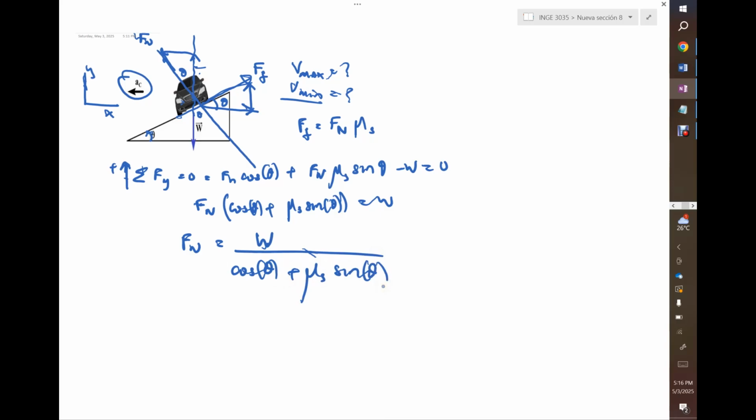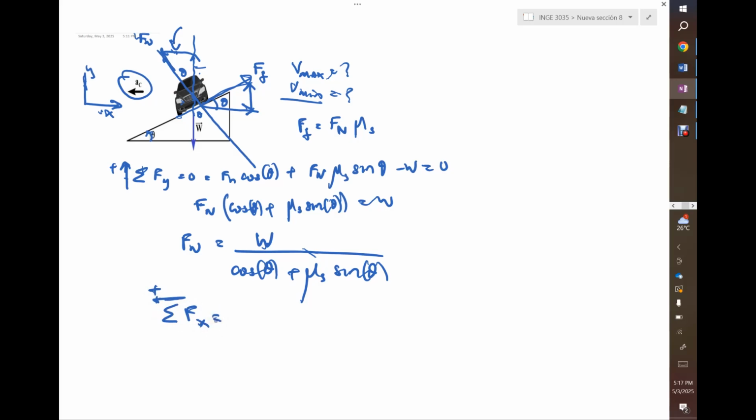So we got that. Now what's happening on the x-axis, this x-axis here? Well, first of all, the normal force is the only one pushing the car down, that would be this one here. And that means that for the x balance, the force balance on x, let's say positive that way,